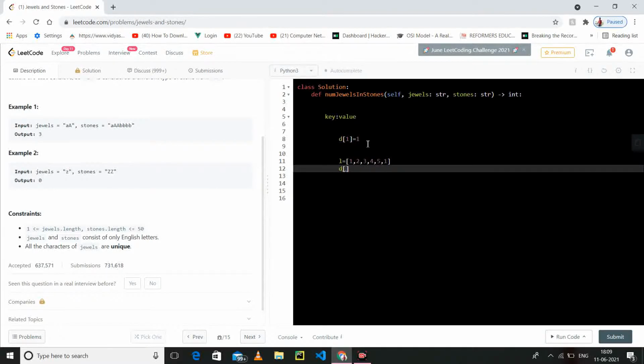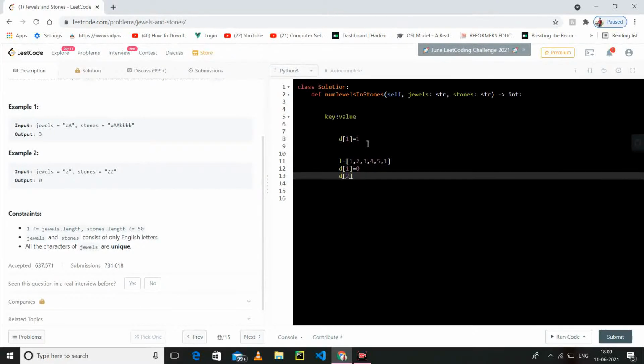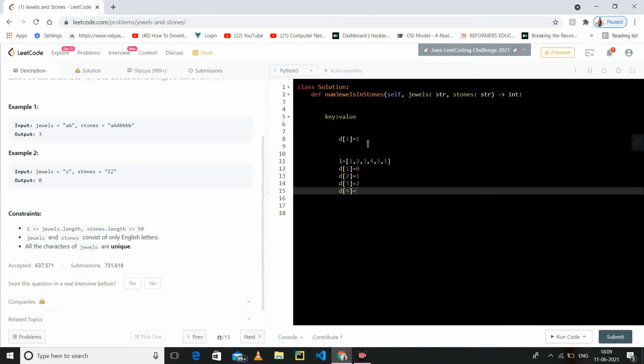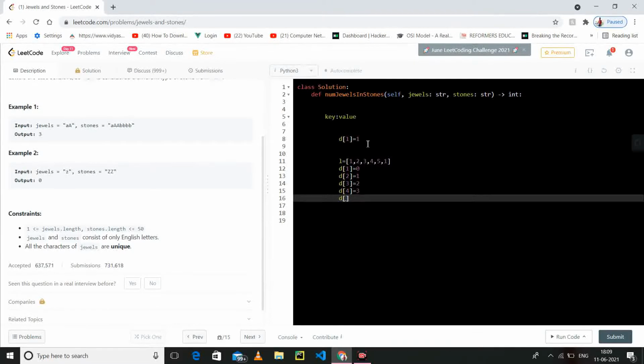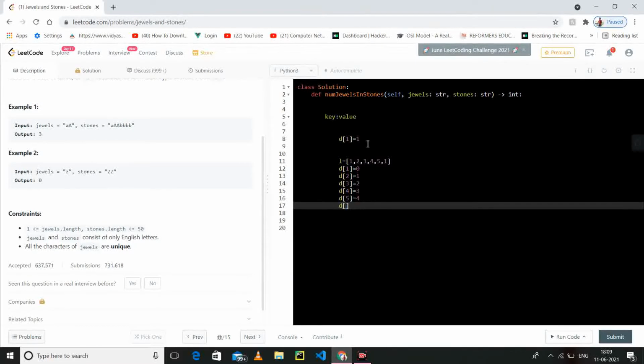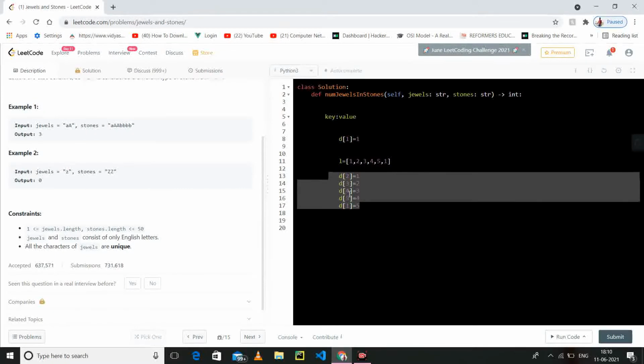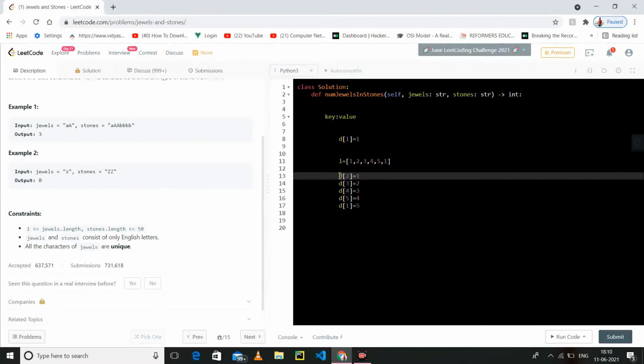So if you store d of 1 index of 0, d of 2 index of 1, d of 3 index of 2, d of 4 index of 3, d of 5 index of 4, d of 6, but 6 is not there, here is 1. So it will override, it will replace d of 1 of 0, and now our updated dictionary is this. So a dictionary cannot hold a duplicate key.